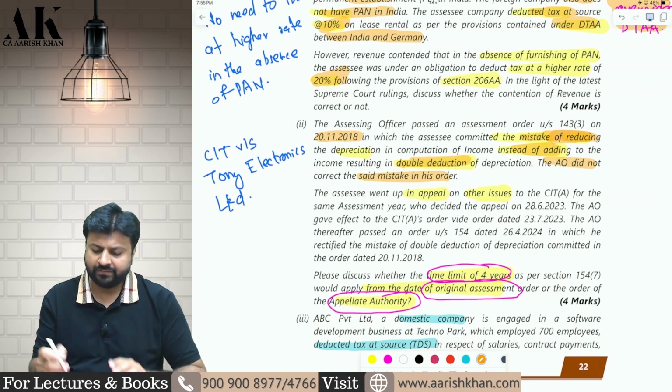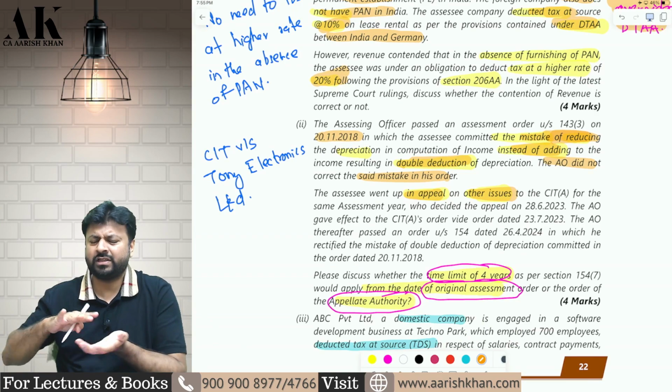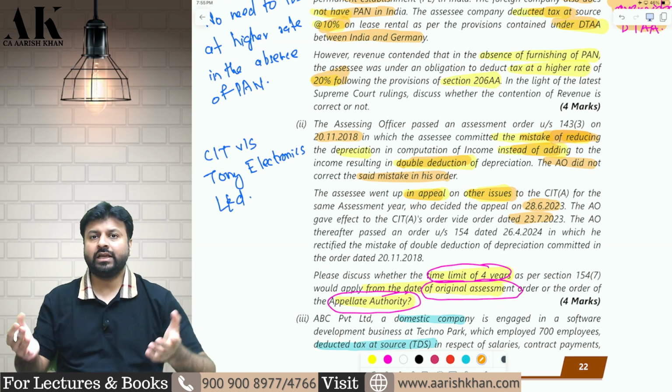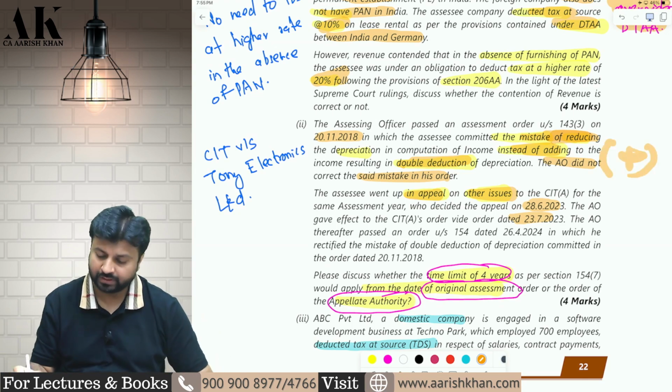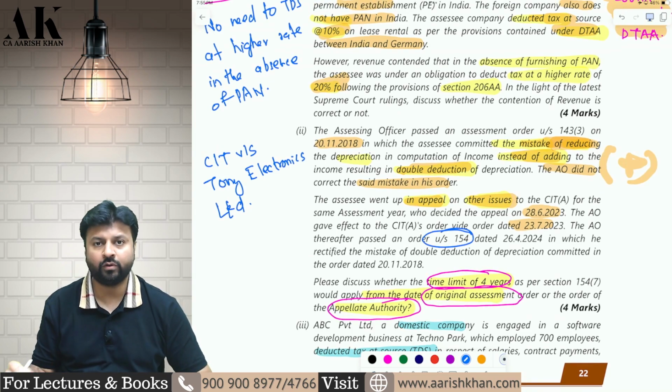Now later on, the assessee went for an appeal with the CIT appeal for some other issue, not for this issue. The CIT appeal decided the appeal and passed the order. Now the AO wants to what? Disallow this 20 lakh rupees. So now the question is whether, if the AO wants to disallow this 20 lakh rupees by rectifying under 154,